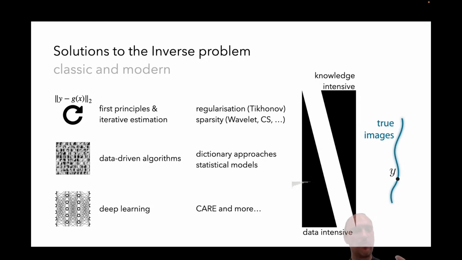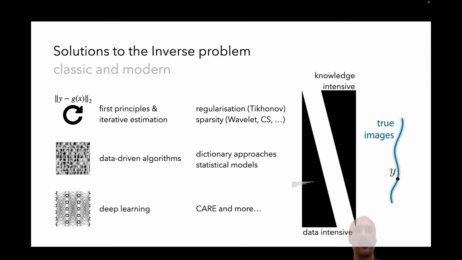You had to define that prior about the true images as, for example, in the case of TV priors, you would say the correct images are smooth in some sense, and that would be described mathematically. Or you would say, no, in some space these images are sparse. So if you lift into some other space through, for example, wavelet transforms or some other transforms, you would find that these images are sparse, and therefore, if they are sparse, that would be the definition of that subspace of